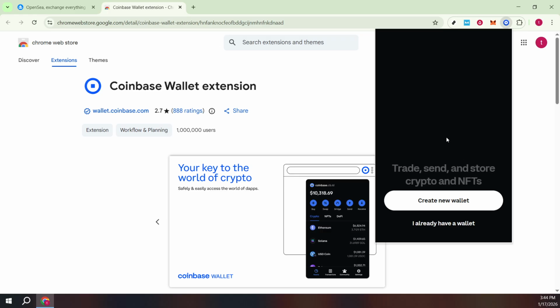Remember to keep your recovery phrase private, double-check URLs before signing in, and lock your wallet extension when you're not